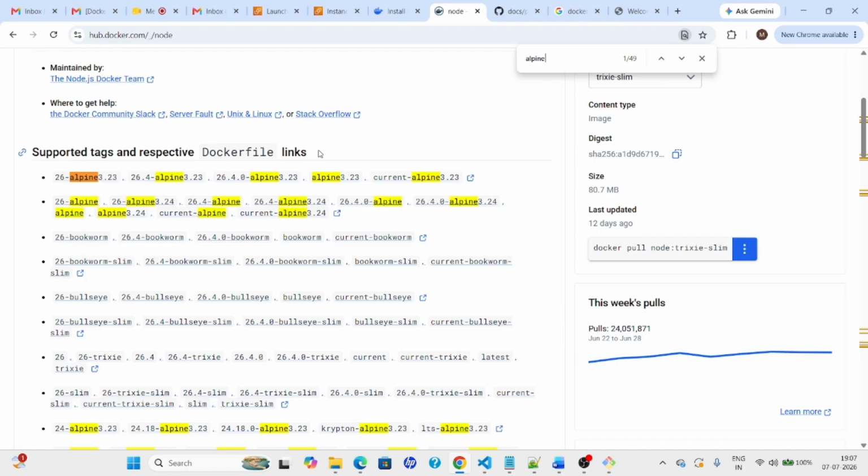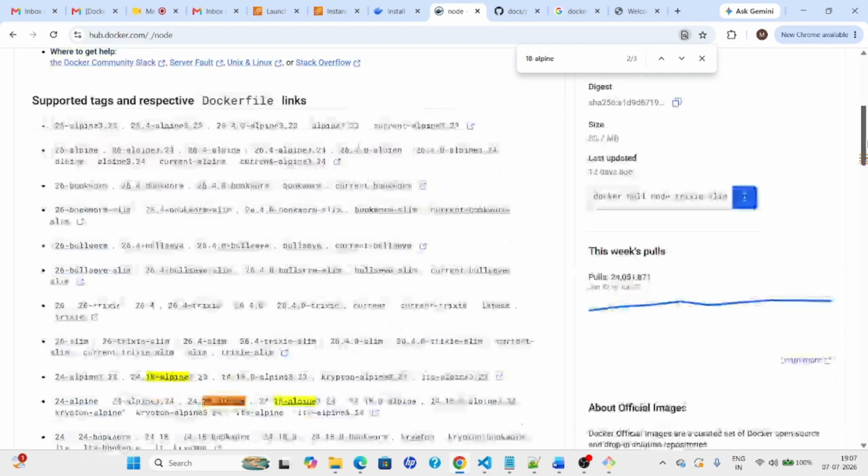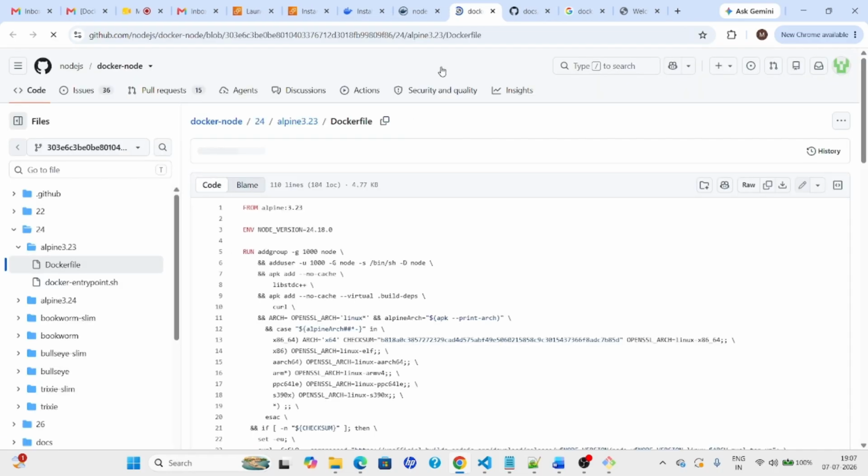If you want to find the Dockerfile for that particular 18 one, I am looking here for 18 Alpine. You can see 23, 18-alpine, all the details you can find. And for that particular version, the Dockerfile is also available. So these are the versions and Dockerfiles. You can see inside the Dockerfile, they are provided